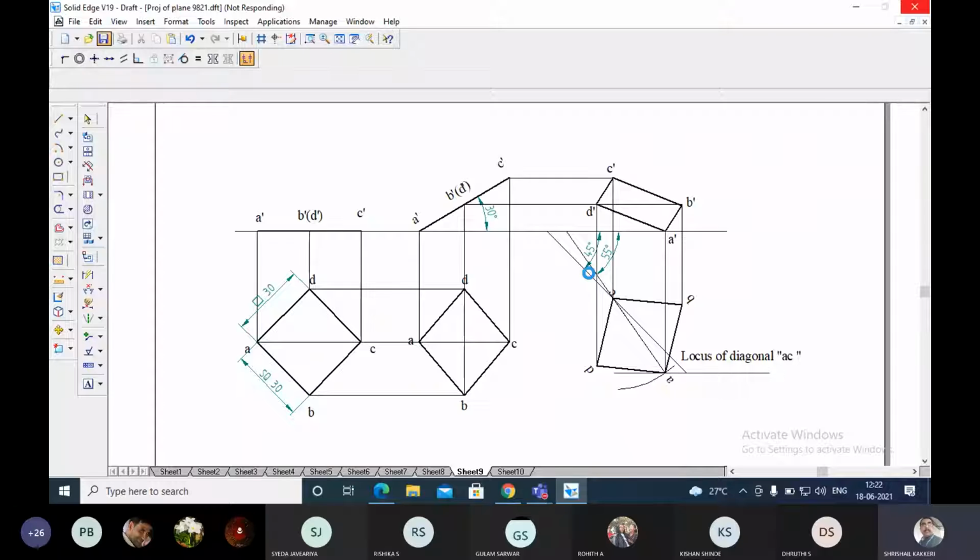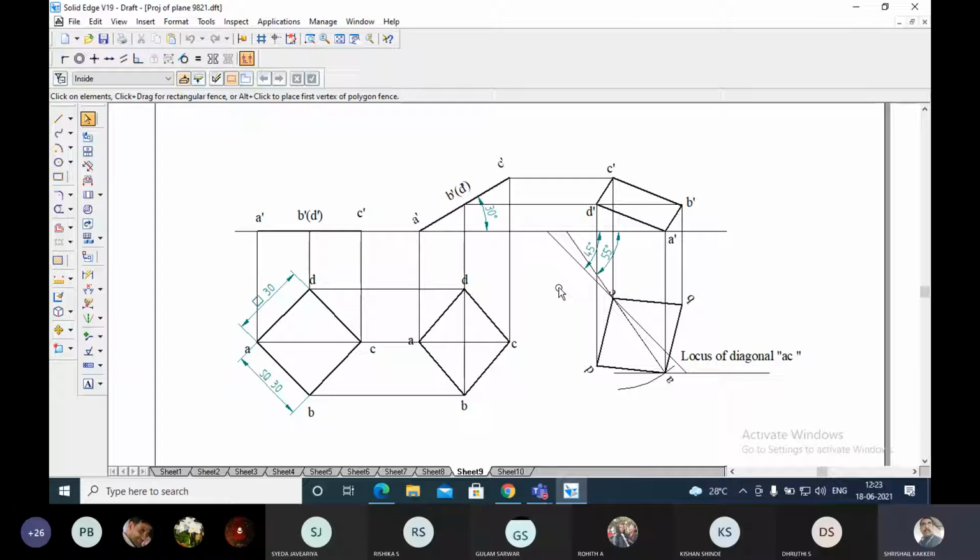My request is, before I go to the projection of solids, I'll be giving you the time, and you have to confirm the timing. If you confirm, I can complete the introduction part of it. Anyone who is willing to attend can attend, so that there will not be much confusion. For the introduction class of any of the chapters, if you are missing, I will not be responsible. I'm telling you, you will not understand the concept at all. I'll be wasting a lot of time trying to make you understand. If you are absent at that time, it will be very difficult. Correct? So I request you to join for those classes.